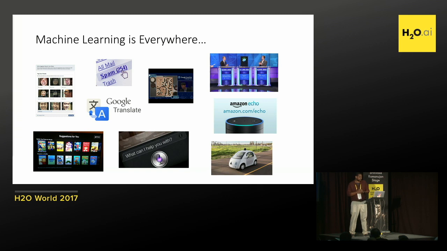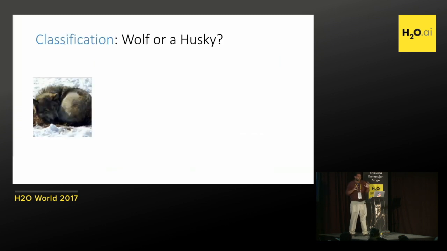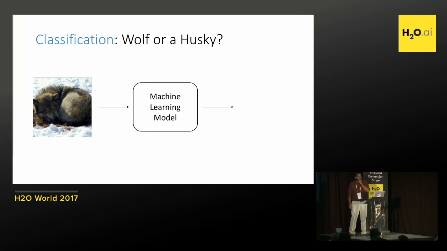So I'm going to start with a simple example of trying to figure out, given an animal that you find somewhere, whether you should adopt it or not. So basically, we're going to be training a classifier that tries to distinguish between a wolf and a husky, where a wolf is not something you can adopt even if you would like to. So the idea here is you take an image of the animal that you find, you give it to your classifier, and it should hopefully tell you that this is a wolf.